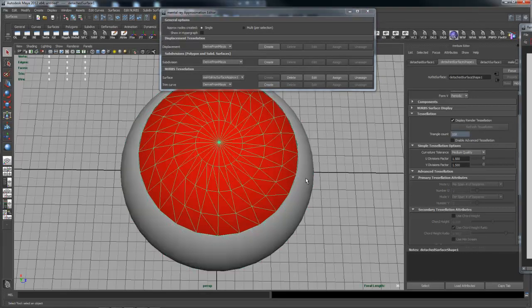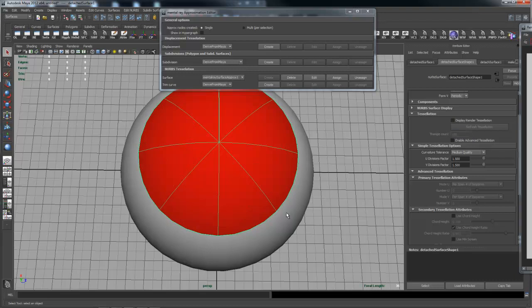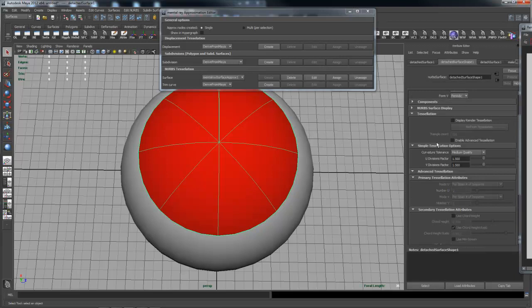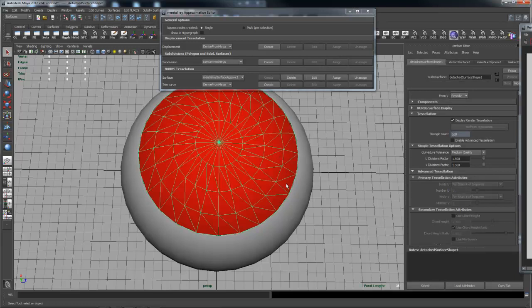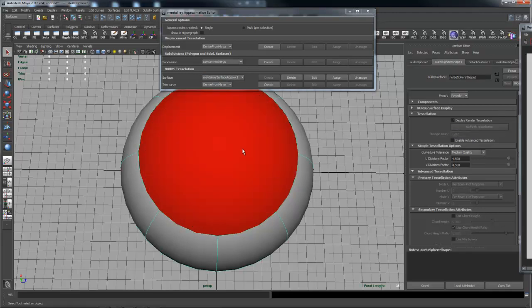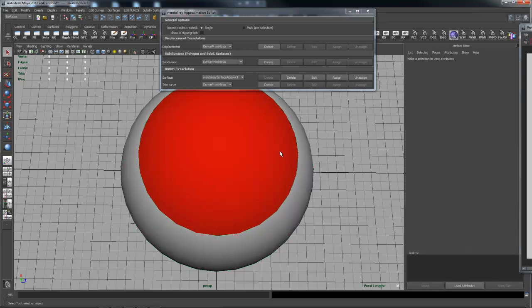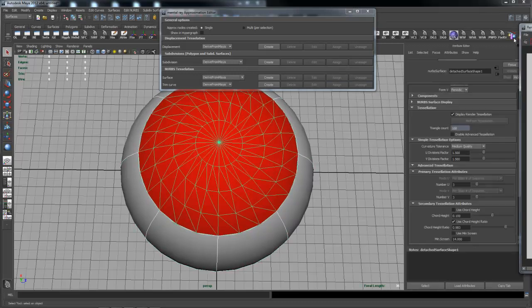Now the default tessellation display doesn't change, so it's going to be tessellated more, but you're still seeing the default tessellation. I'm going to turn that off because it's distracting. Actually, I'm going to keep it on this one just because it's easier to describe what's going on. So I've changed it to 5 on both of these. Right now, they both have the mental ray approximation node. You see when I check each surface, they have that. And so now when I render this,